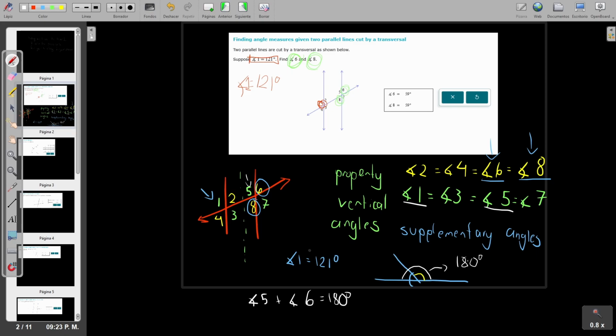So angle number 5 is going to be equal to 121 degrees. Now, using the logic of